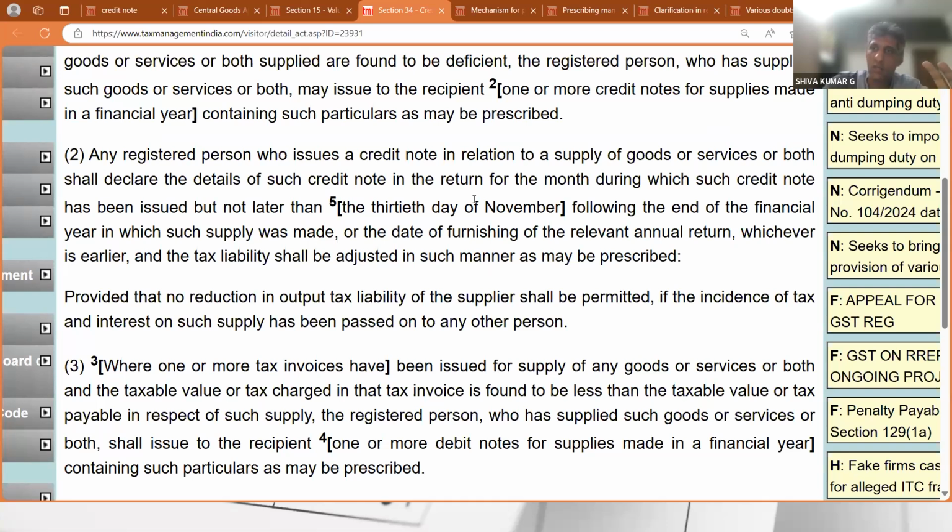Now, one more interesting point is, what if my registration gets cancelled, let's say in May 2024? Then I fight, I file for revocation. The revocation gets rejected. Then I move the High Court. Then finally I get my registration back on, let's say, 5th December. Now I am filing my returns. I'm sorry, you have missed the 30th November bus. Interestingly,